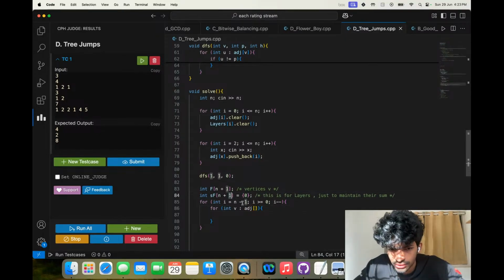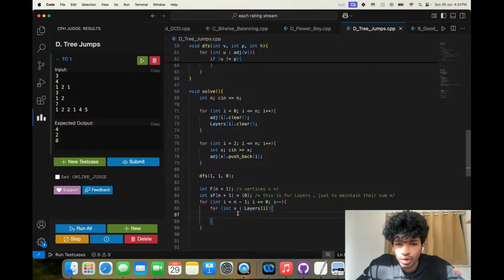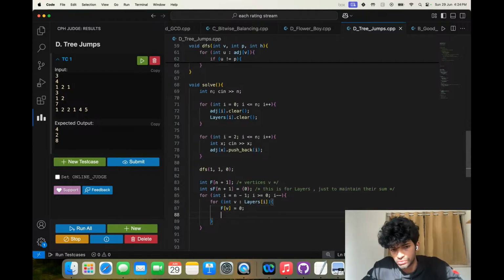This is NF because the next layer to this is layer N, right? So we are going over all the vertices in the current layer, and then f of v equals 0. For int u, f of v equals the sum of the next layer, which is i plus 1.